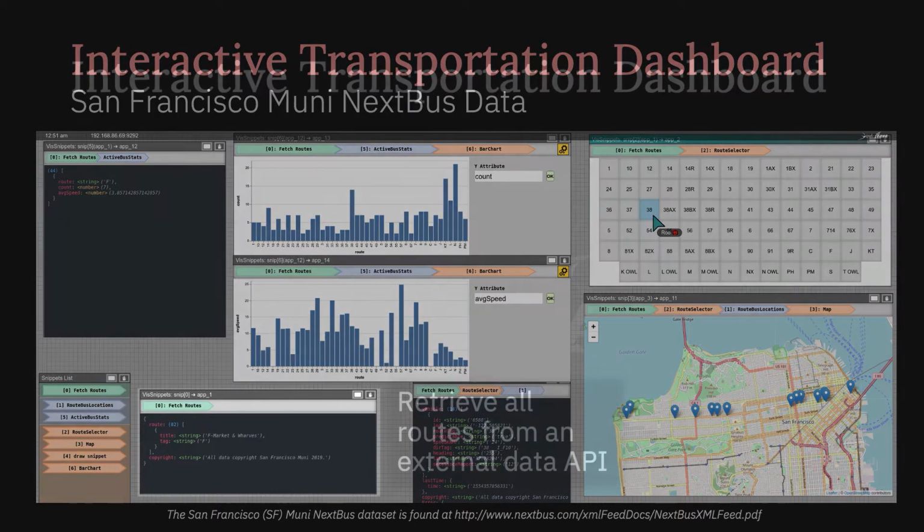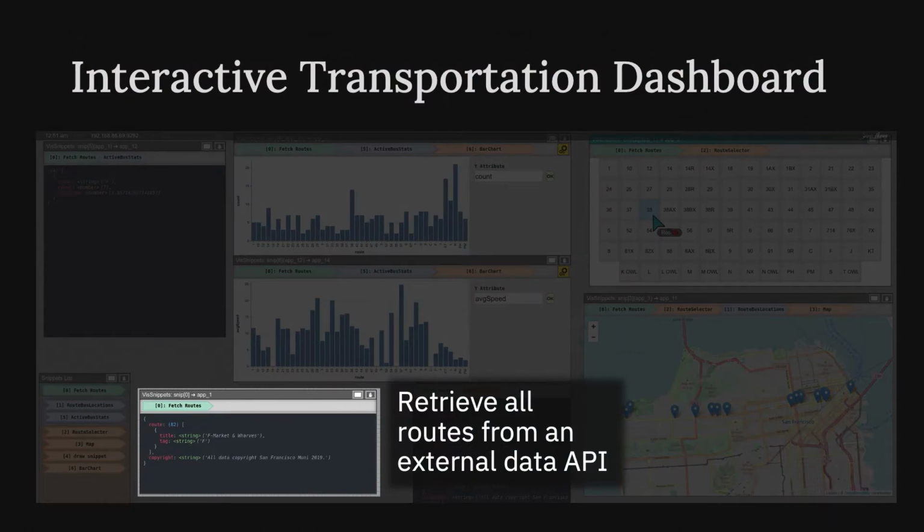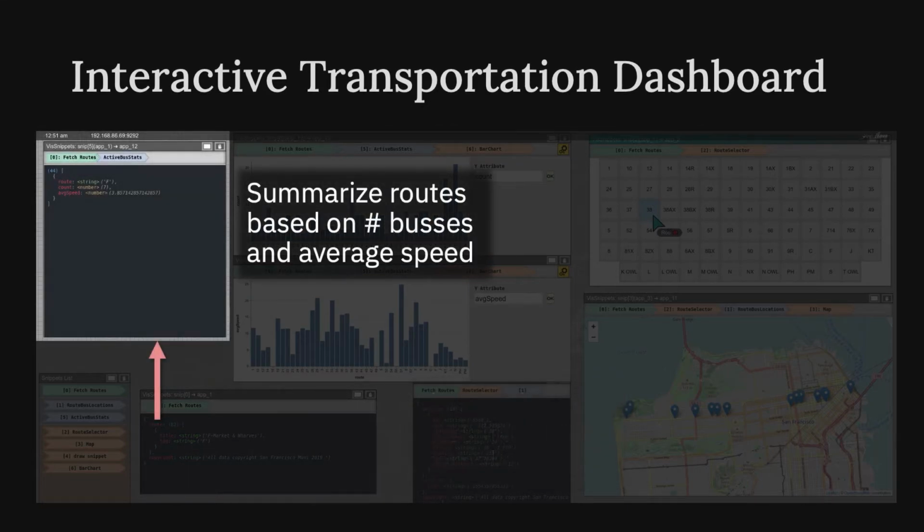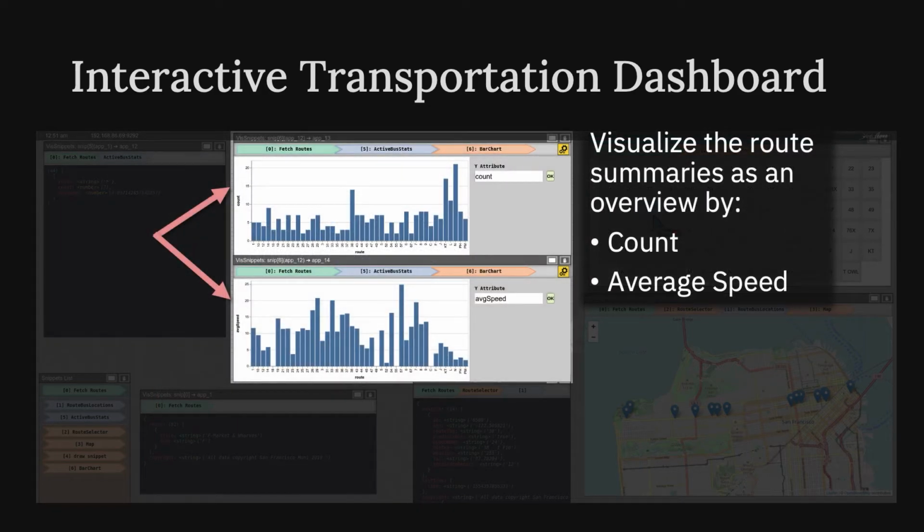The starting point of this analysis is a snippet which retrieves the name and tag of all bus routes from the Data API. Using the set of routes, the next snippet retrieves and summarizes each route based on the number of buses and their average speed. The route summary is then visualized using two Vega Lite bar charts to plot the bus count and average bus speed for each route. The same snippet to create the bar chart was used twice in this scenario,